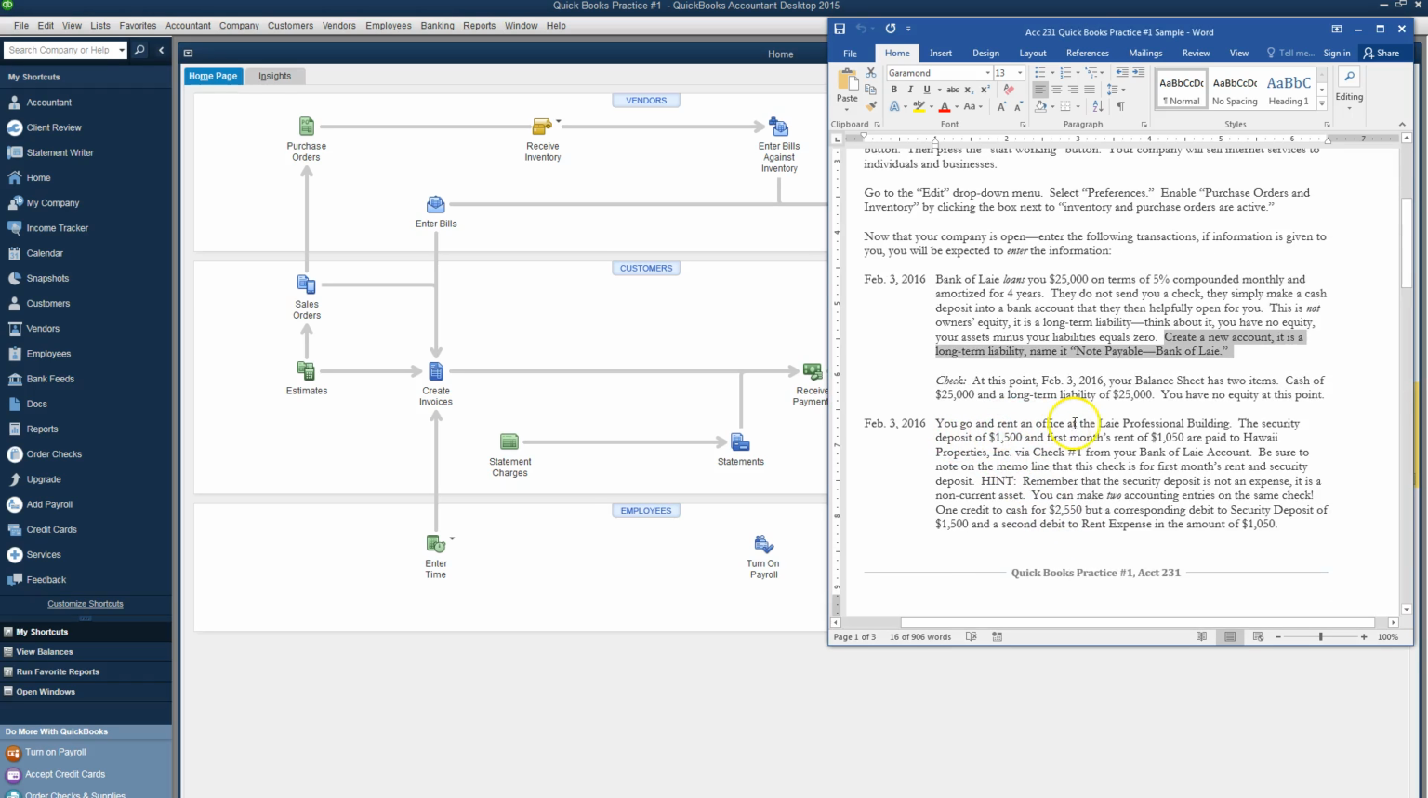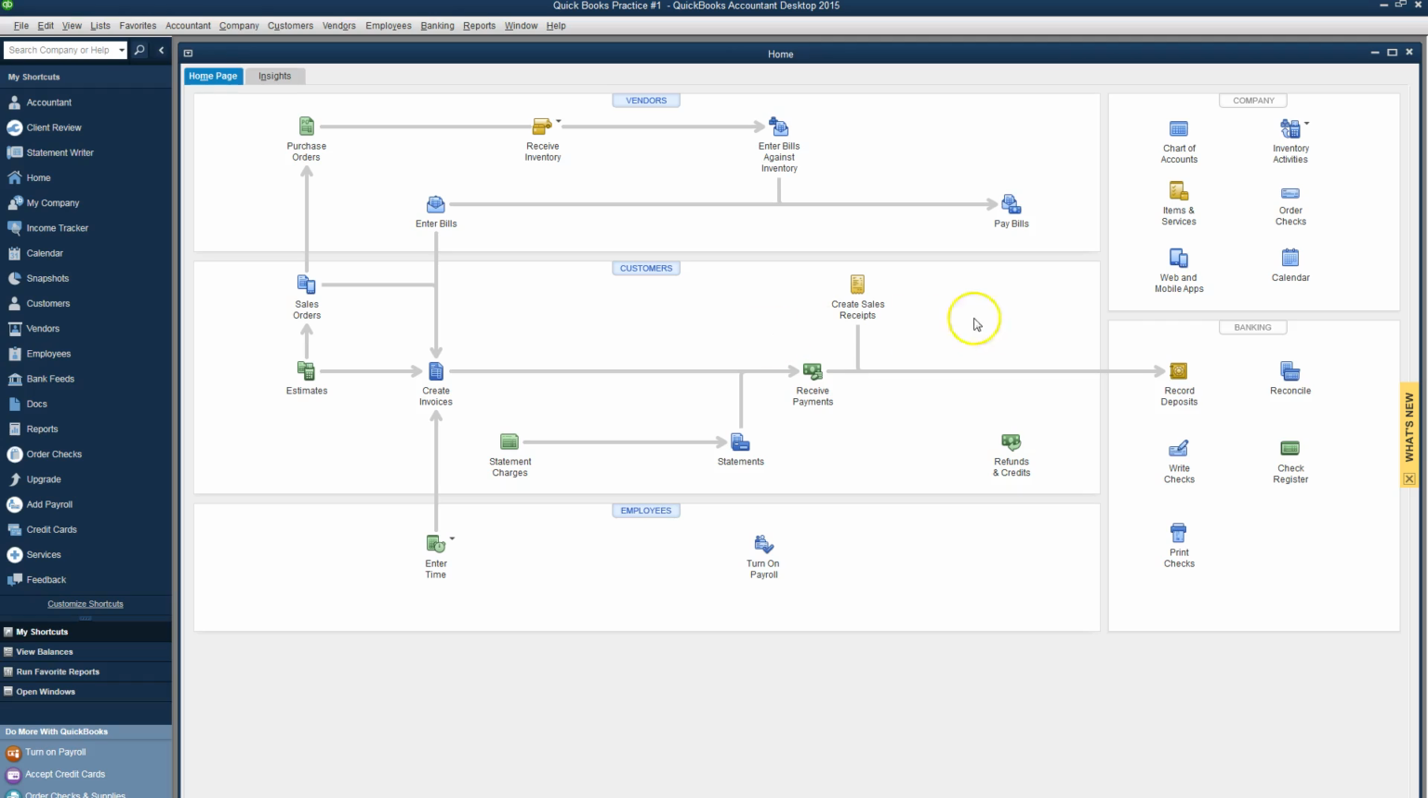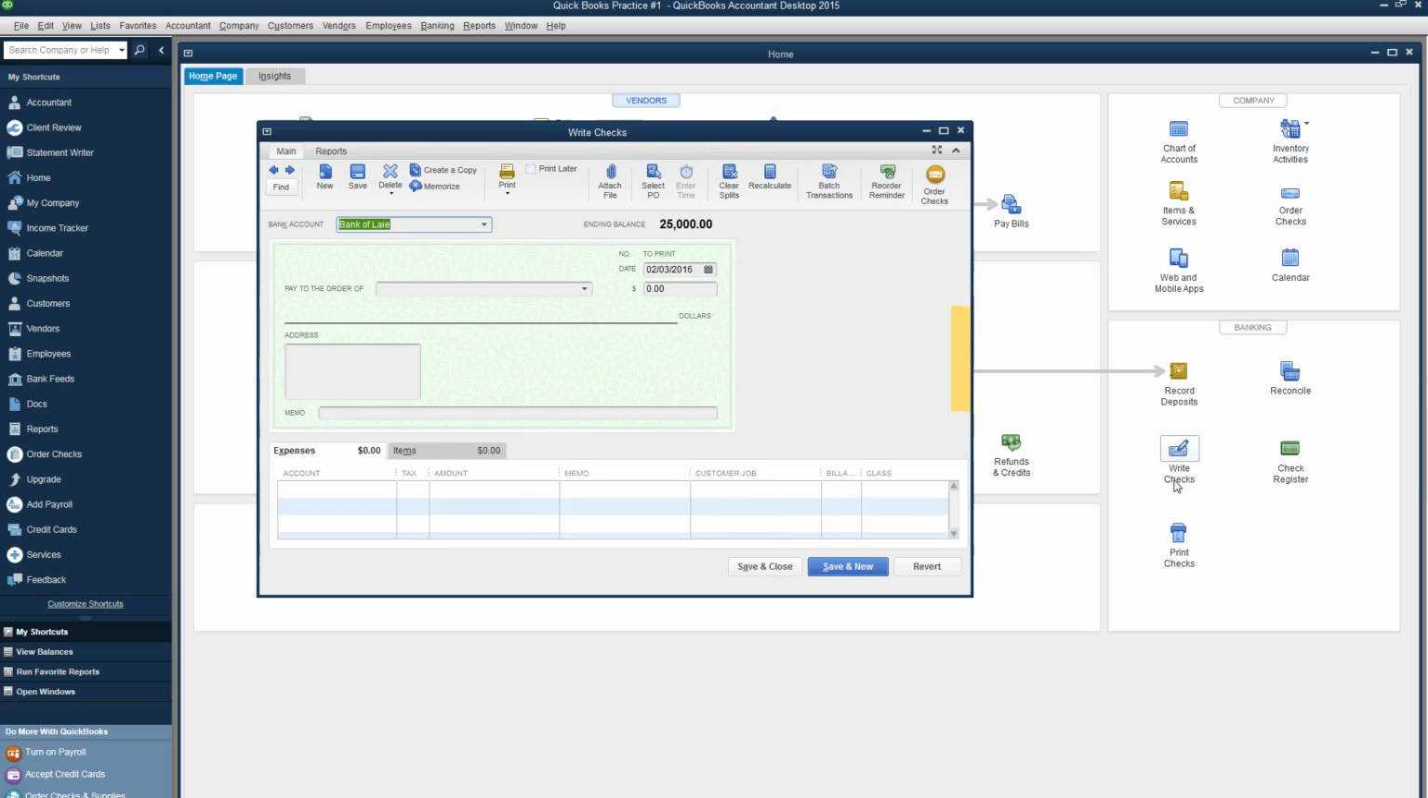You go and rent an office at the Laie Professional Building, and you pay security deposit and first month's rent via check number 1 from your Bank of Laie account. Okay, let's go do that. Our checkbook is found in banking. So we're going to click on the check, and then we're going to see the date is the same, 2/3. It must have remembered from our deposit. And we're going to pay to the order of Laie